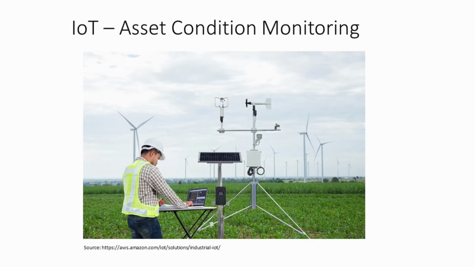Let us next look at an example with IoT technology. The use of IoT, where we are digitizing assets, is disrupting traditional asset or equipment management and maintenance. The slide shows asset condition monitoring using IoT. I picked up this use case from an AWS site, and it can be implemented quite well with AWS IoT.